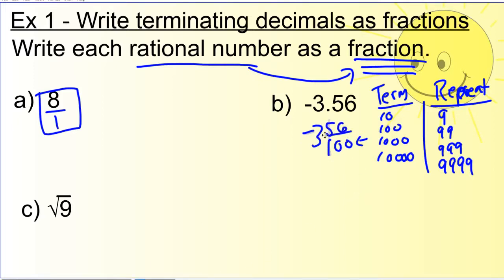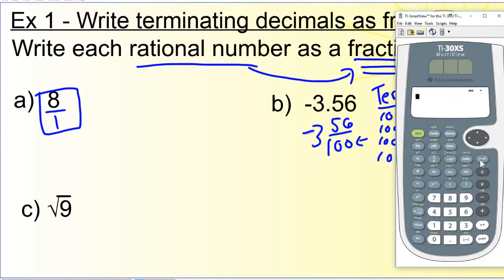Let's see if I can get that faded line out of there. There. I was trying to use him as a separator, but I don't know if he's really doing any good there. So this is the fraction, -3 from the whole number, and 56 over 100. If I would type this into my calculator,